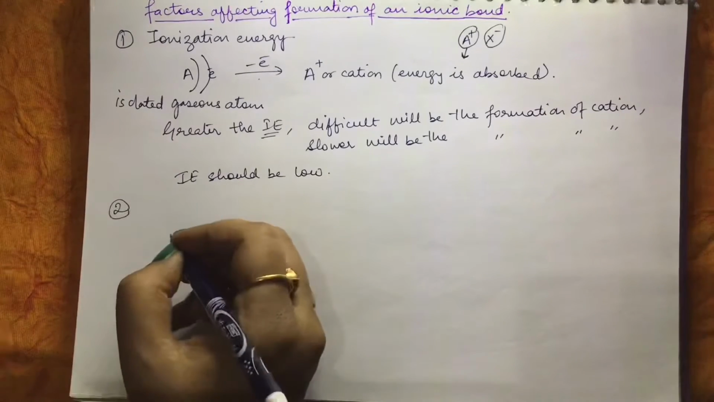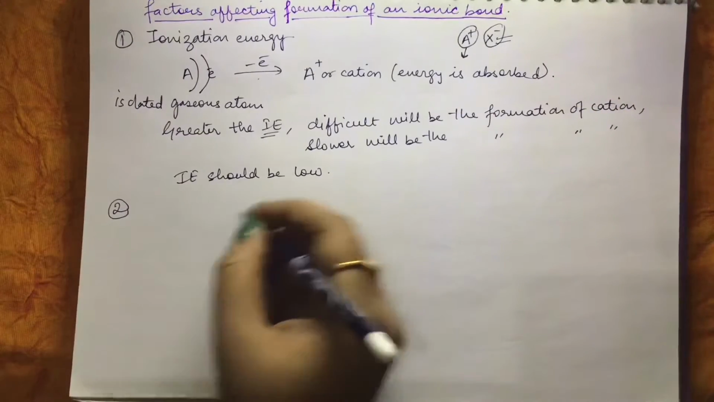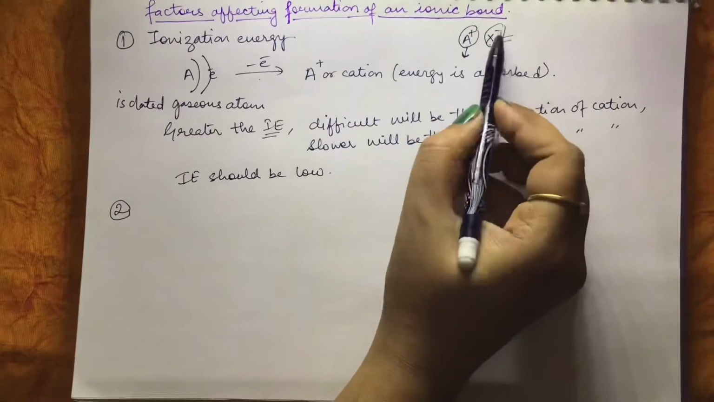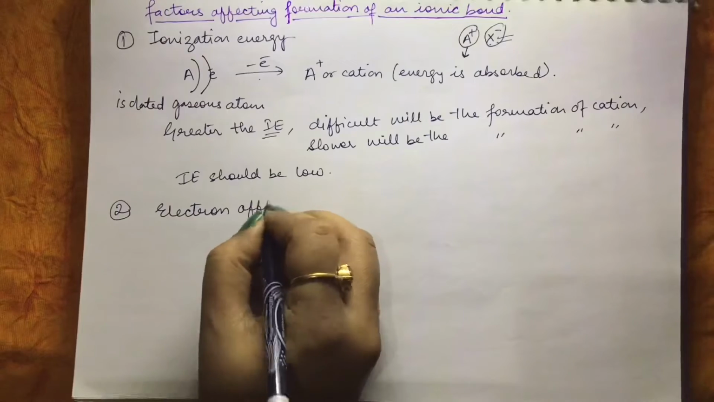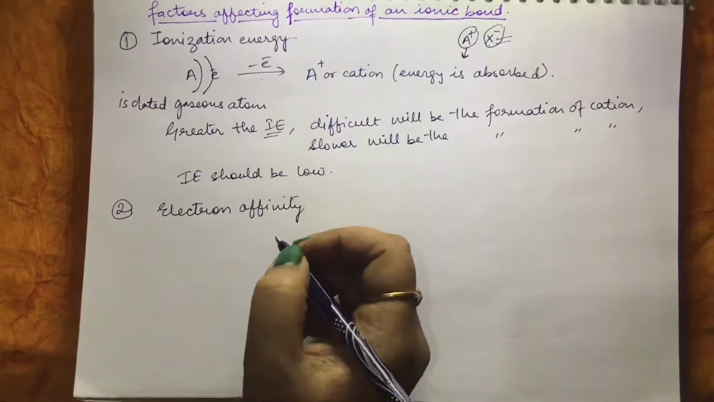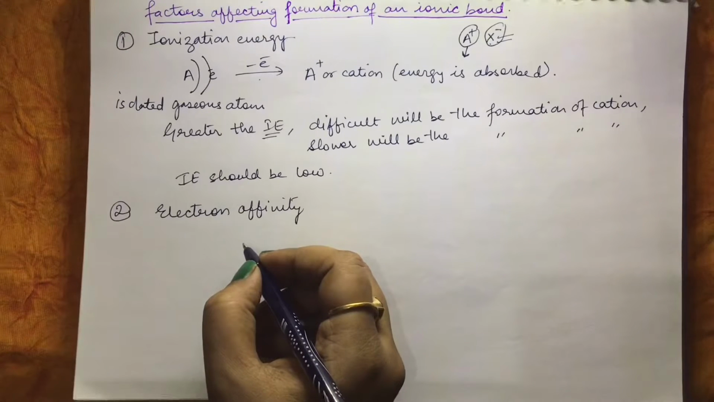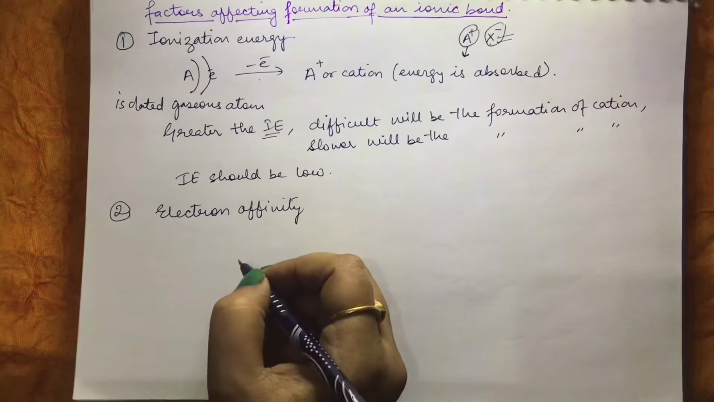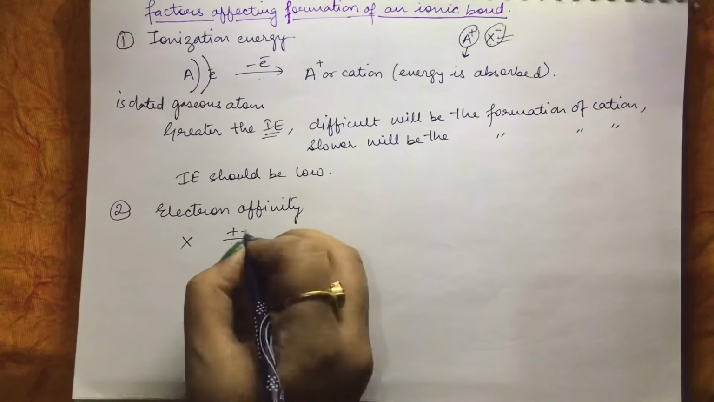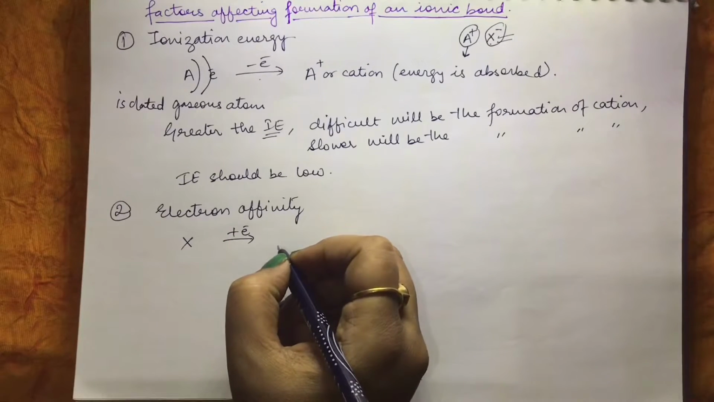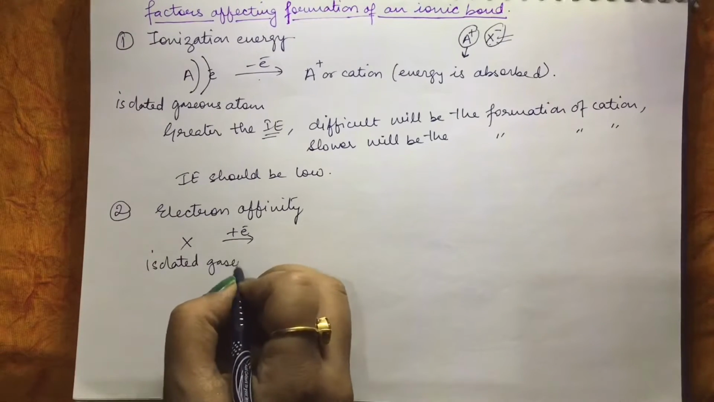Now the second factor which is affecting formation of ionic bond, as you can see, is the formation of anion, and the tendency of any element to gain the electron is called its electron affinity. So how do we define electron affinity? Electron affinity is the energy released when an electron is added to an isolated gaseous atom to form a negative ion. So for example, suppose you have an element X. If you are adding an electron in the outermost shell of this isolated gaseous atom,